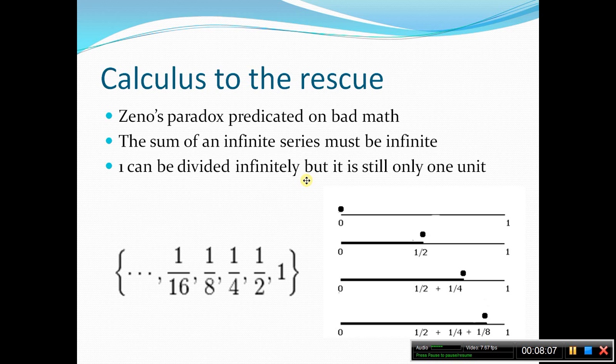If you look at the lower right-hand corner, you can see that in action. We have 1 unit, and we can divide it in half, and fourth, and eighth, and notice that we can think of the half, the fourth, and the eighth as units in and of themselves, and we can sum them. And we can make that dot get infinitely closer to 1, but never touch 1. And we know that the sum of all of those units will equal 1. And that's what Zeno wasn't accounting for: that the sum of an infinite series can equal 1. And this is exactly what calculus was built on, was in some sense solving Zeno's paradox.